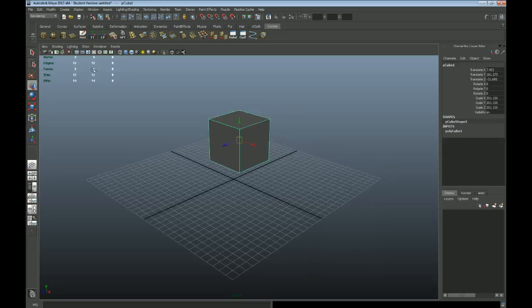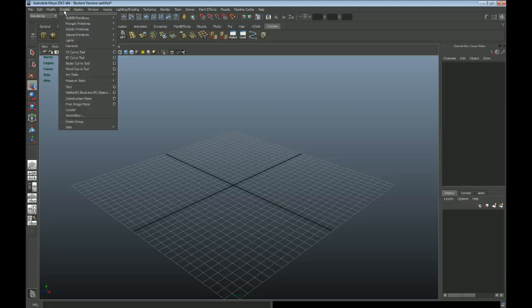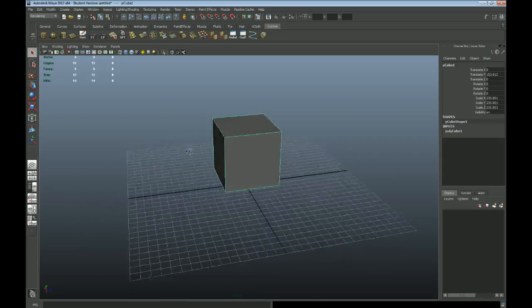Okay, so let's talk about navigating. To start, if I create under Polygon Primitives, we'll just create a basic cube. I have my scale set to something around UDK, so I am going to scale this cube up. In order for me to navigate around this cube, I have my left hand on my keyboard. If I hold down Alt, I like to hold it down with my thumb, and then I left click, I can then rotate